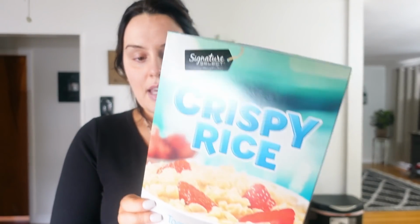All right, so I picked up some crispy rice. This is what I use to fill up some of my macros for my carbs. I get a great deal more carbs. Again, this isn't a keto lifestyle or anything like that. I'm eating for specific goals. This is for 1 bowl, 1.5 cups, which is a good portion. You get 0.5 grams of fat, 36 carbs, and 3 protein, 160 calories. So I'll have this sometimes when I have some carbs to fill up, just to help feed those muscles, help